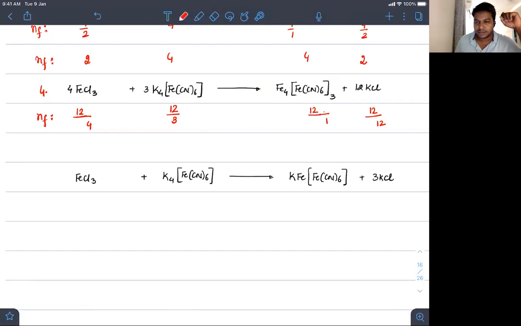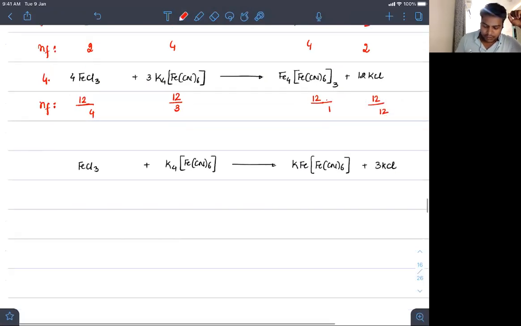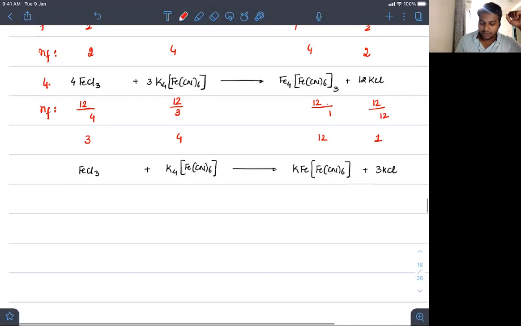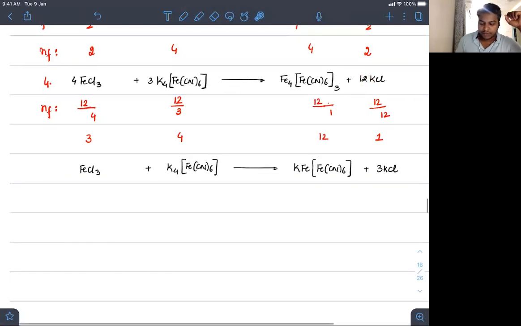हाँ बेटा, सॉरी यार आदित्य, गॉट दैट। So you can see that 3, this is 4, this is 12, and this is 1. Now why 12 by 3? Look at it. There are 12 potassiums here in the balanced equation, and all 12 was replaced here, जो कि यहाँ पे clearly दिख रहा है 12 KCl बन के। मतलब ये मॉलिक्यूल में से 12 के 12 पोटेशियम्स रिप्लेस्ड है, बट ऐसे कितने हैं? 3 है, सो डिवाइडेड बाय 3। ये हो गया उसका वैलेंसी फैक्टर।